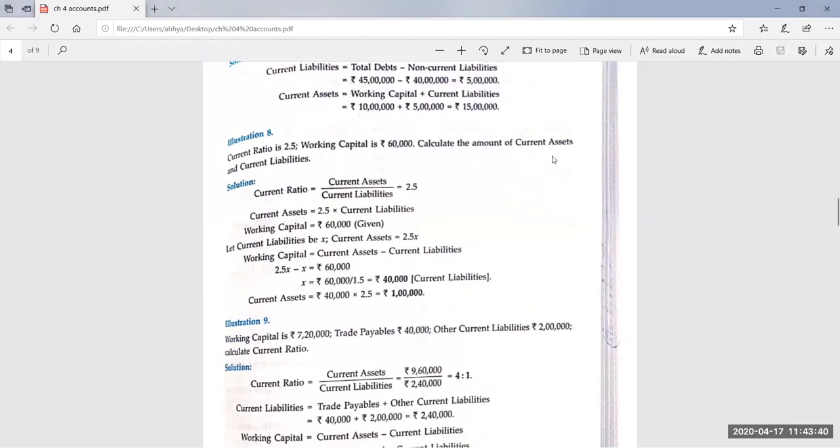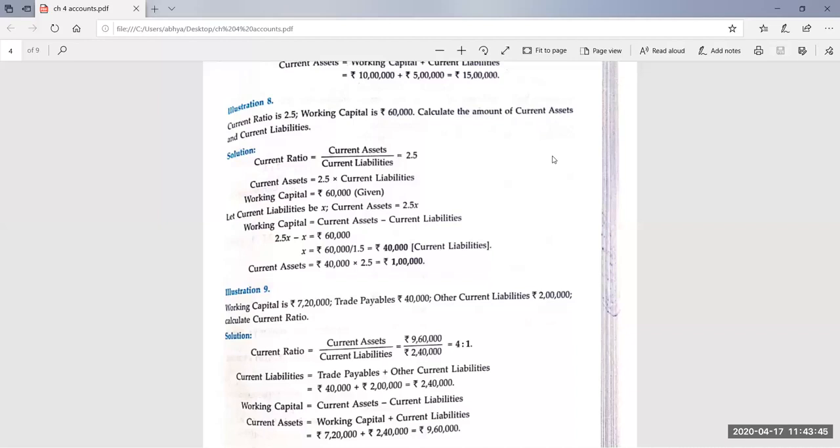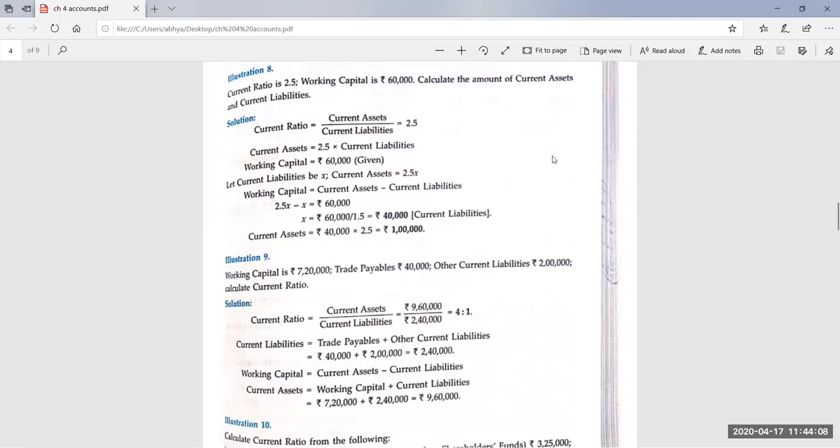You can check that earlier we were doing the question where the whole concept was given. But what has changed in this question? Here the whole concept is not given. We need either current assets or current liability. Working capital is already given. So for current liability, two individual concepts are given: trade payables and other current liability. So to find current liability, we add trade payables and other current liability. So the total is 240.